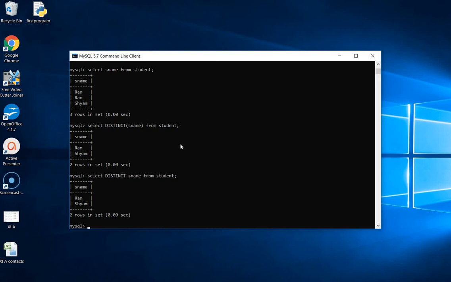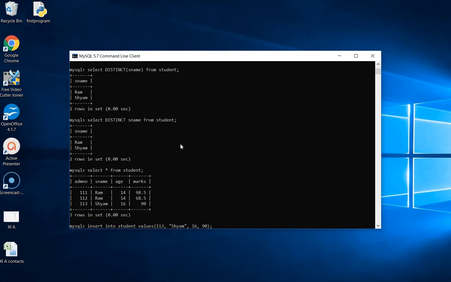The next category of command, of which we have executed 2 examples, is DML, data manipulation language. In this category, the command deals with the records. You would have noticed this select command is taking records from the table. It is displaying records from the table. Or like select star from student is also doing the same. The command name is select command, and select command is used to select the records from the table. Likewise, you would have noticed the insert command. This command is used to insert a new record in the table. So select command is dealing with records, insert command is dealing with records.